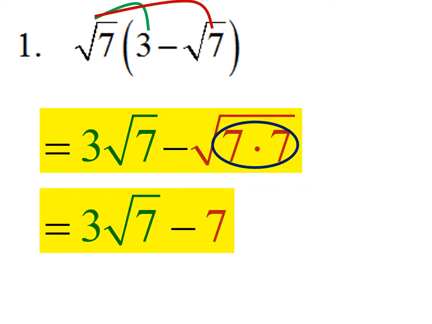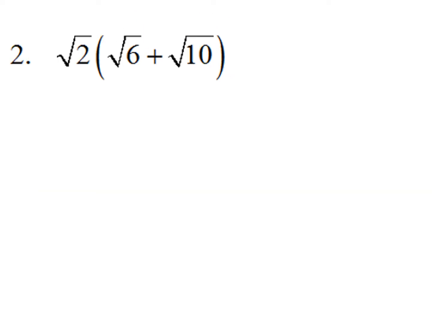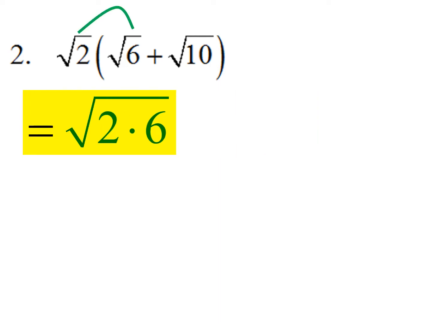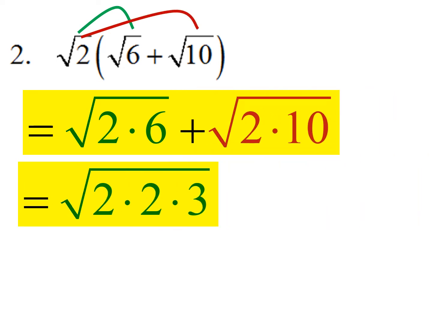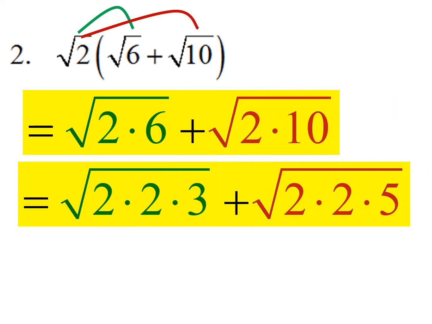We have a pair of 7s now. That comes out, and there we go. Next, we want to do the same thing. We want to distribute. Put them both under the radical, and we break them down. We simplify,